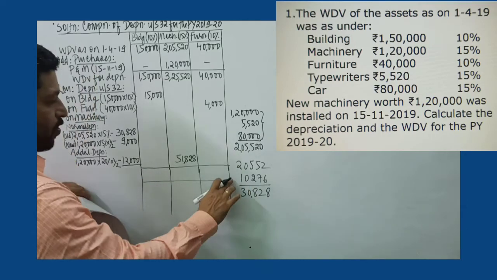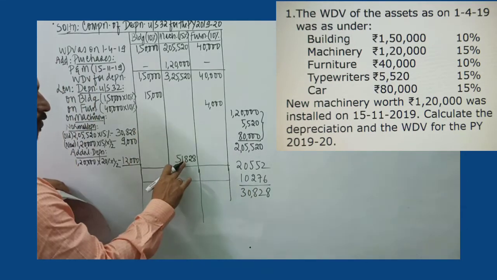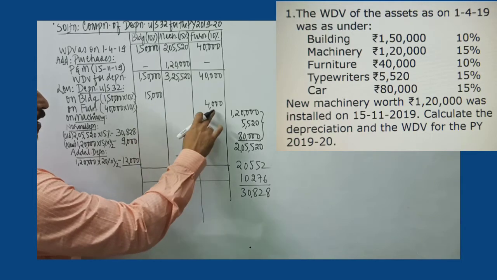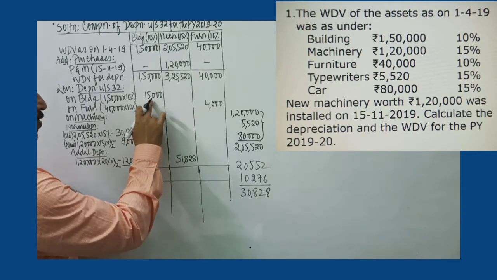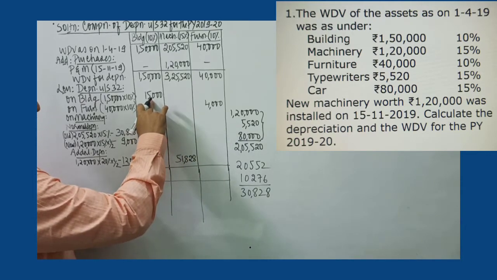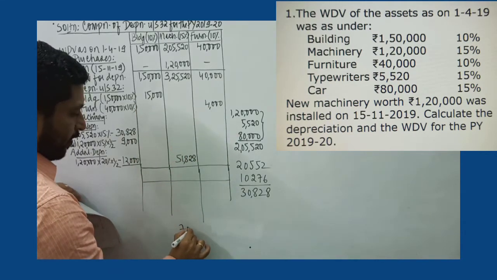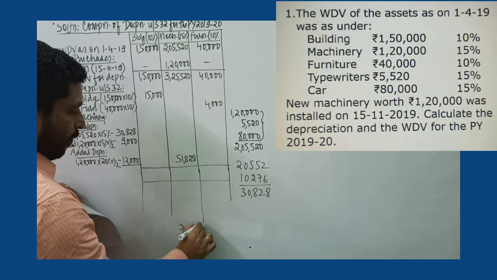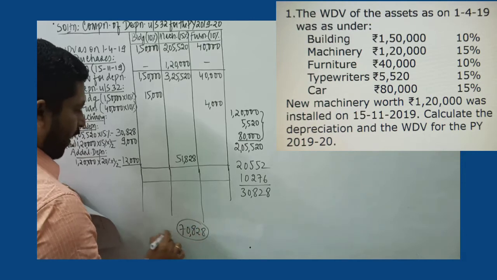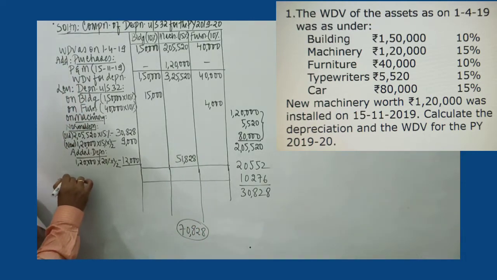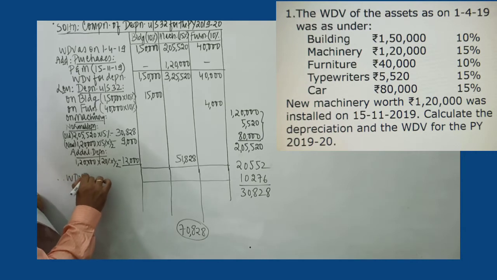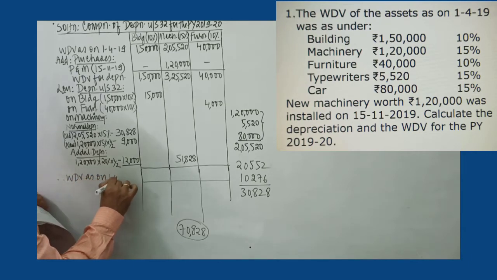So total depreciation under section 32 would be 51,828 plus 15,000 plus 4,000. So 51 plus 5, 51, 56, 66, 70,828 will be the depreciation for the previous year 2019-20, and written down value as on 1st of April 20,